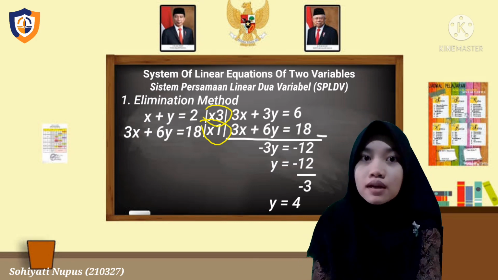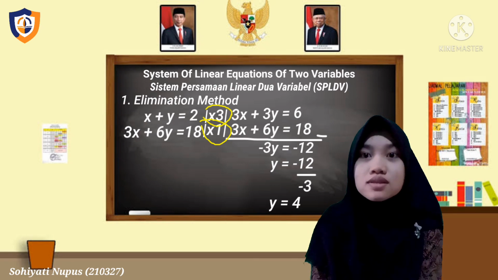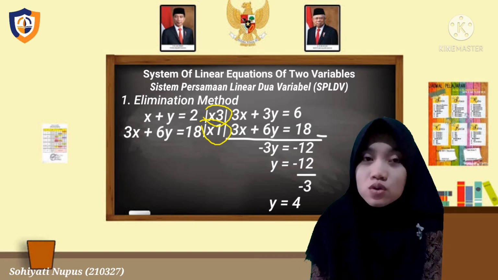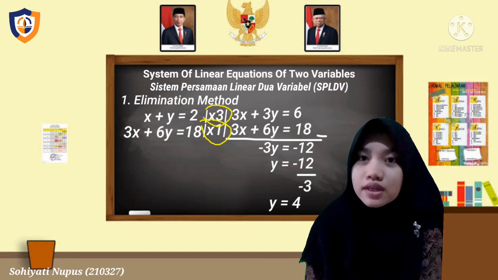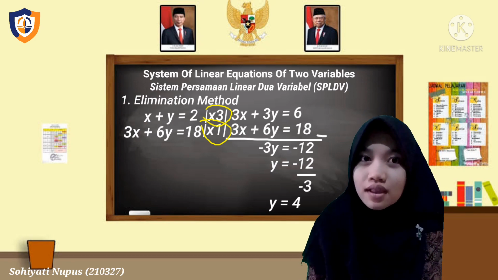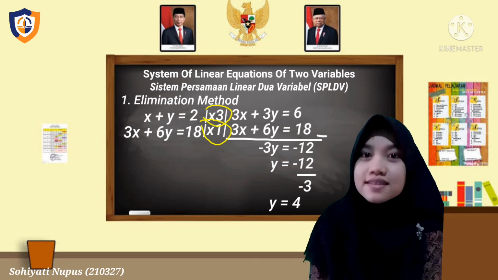Then below it, 3x plus 6y equals 18. We look for the y variable first, so we eliminate the x variable